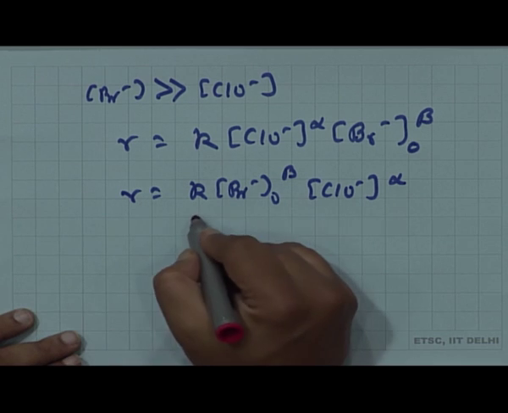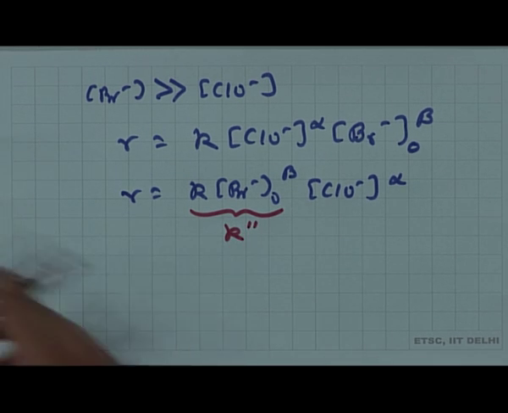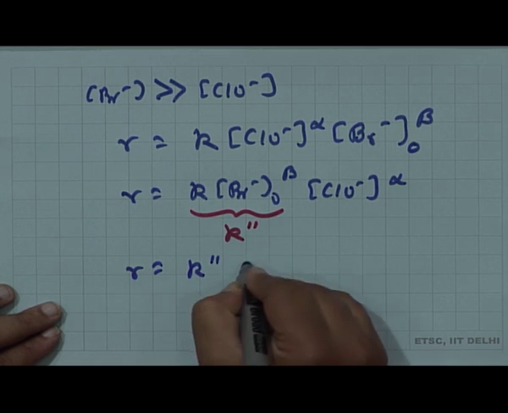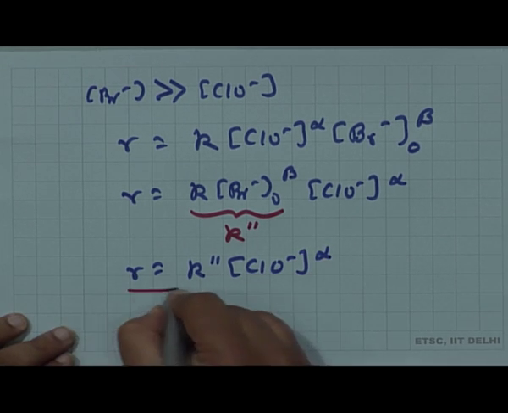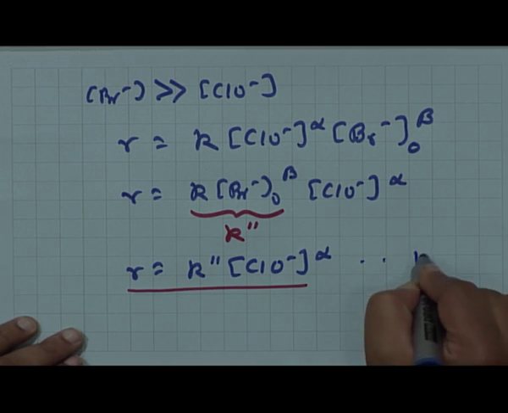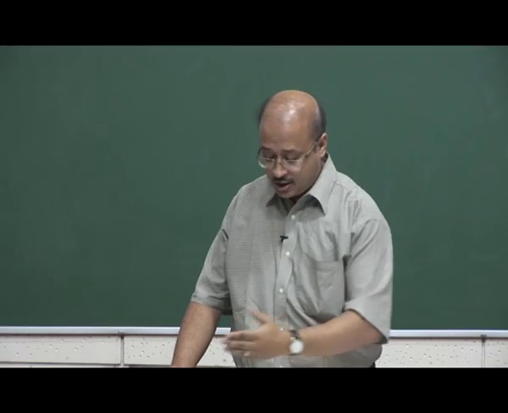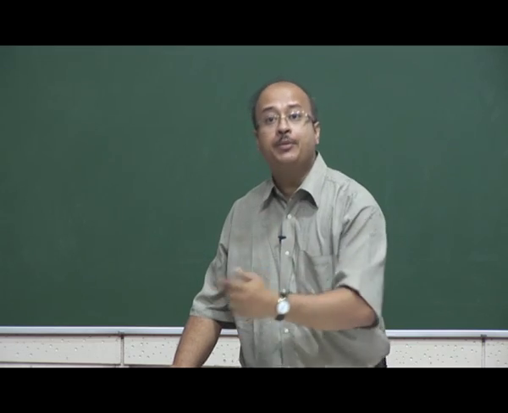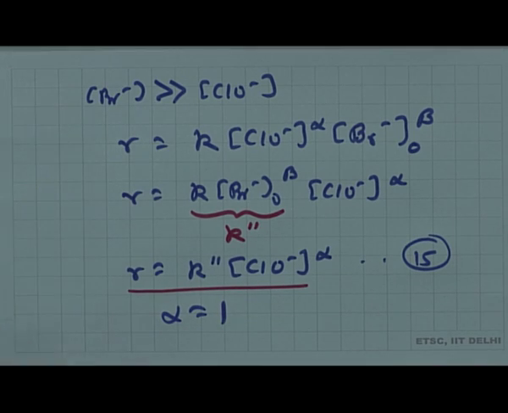So, this is now a constant. I can name it K double prime, hence R would be K double prime ClO minus to the alpha, and let this be equation 15. Now, you did an experiment before where the hypochlorite was in excess and you got the order with respect to bromide. In this case again you do the experiment where the bromide is in huge excess, so the reaction rate depends upon the hypochlorite exclusively, and again you will find in this case that alpha is equal to 1. Once you find alpha is equal to 1, then you immediately realize that the rate is